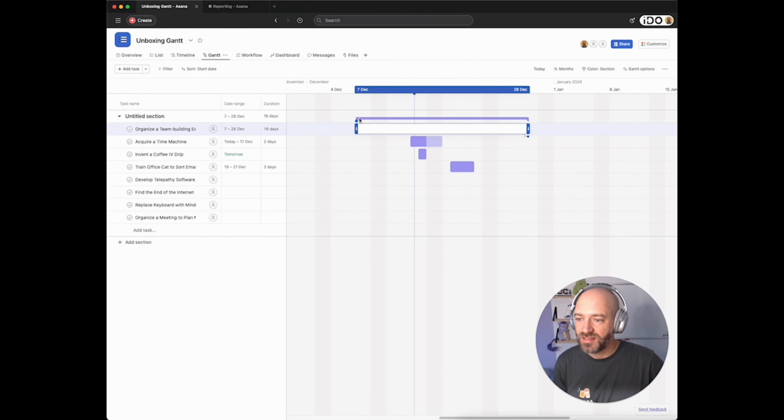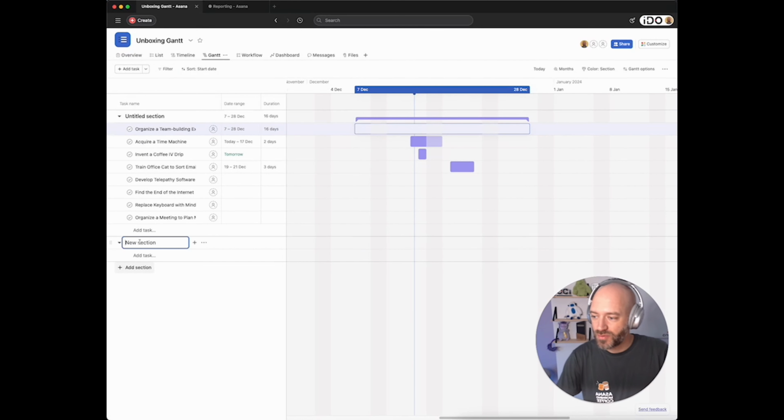You can see something that the timeline view didn't have, which is the section duration. You can see this section, and I guess that's the reason why they actually decided to place everything in a section. They compute the date range automatically. They compute the duration automatically as well, which is something you would have had to do with a formula. And also you see how long the section takes.